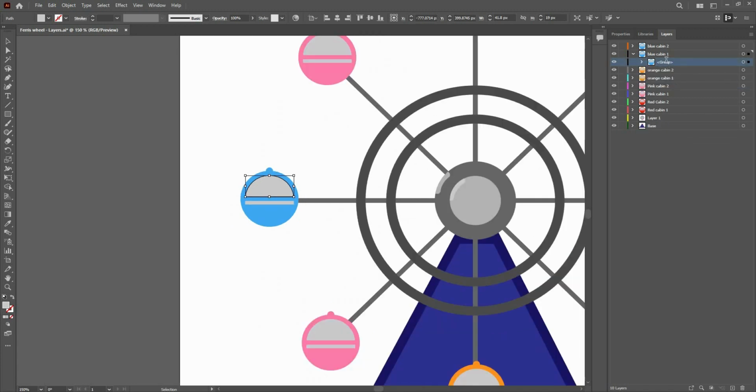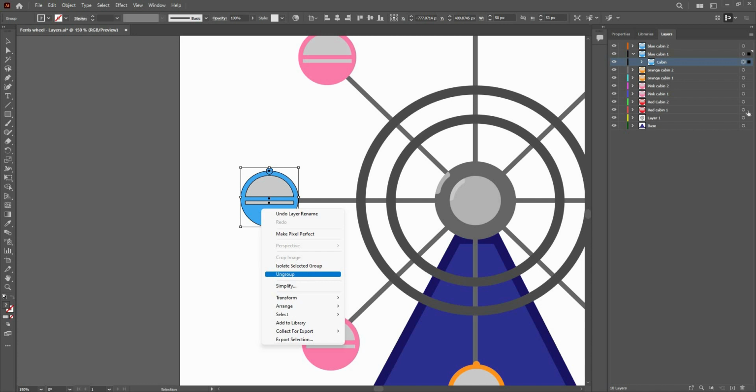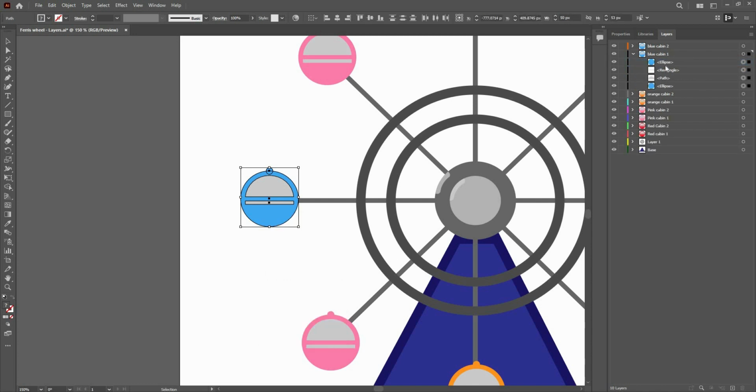I can also go ahead and rename the group like cabin, but it's not a good practice to rename the group because we'll always be ungrouping and grouping that, and if I just in case go ungroup, then the name will be gone. So let's keep it as it is,